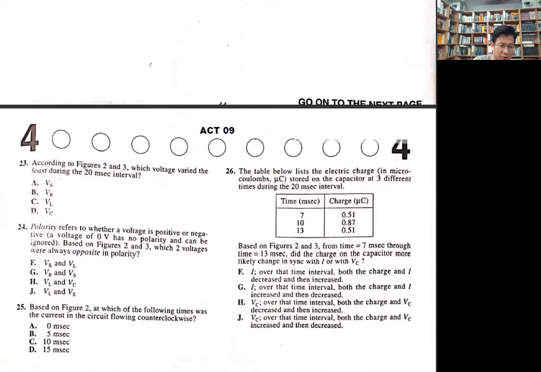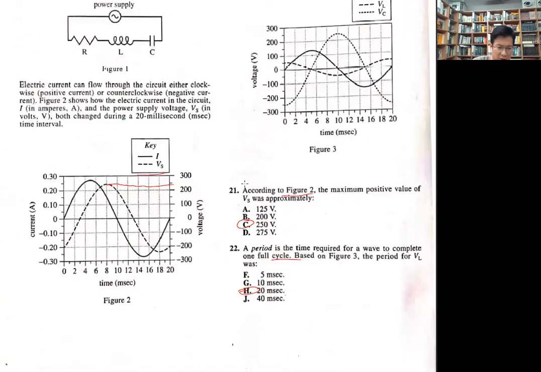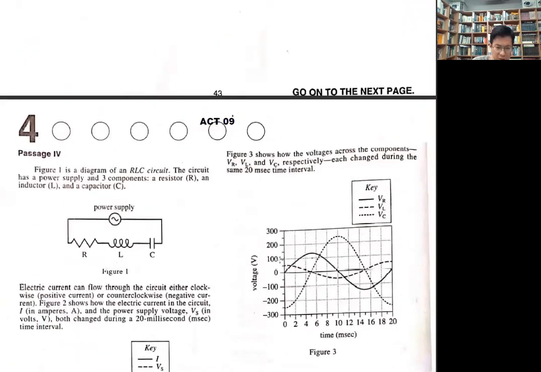According to figures 2 and 3, which voltage varied least during the 20 millisecond interval? Least, 2 and 3. BL is least volatile, like here. And then